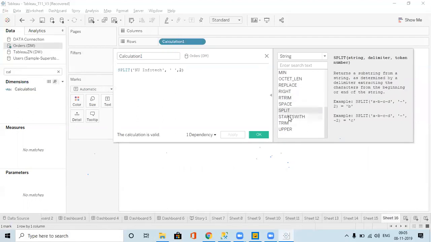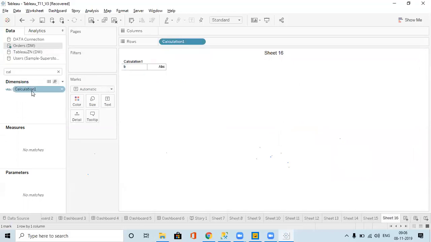I'm not clearly understanding what split is, sir. Okay, let me give it here. I will give A space B space C space D space E, F, like that. I have spaces. I want what is there after the second space, so I give the space as the delimiter.